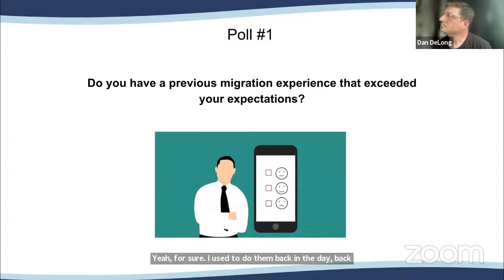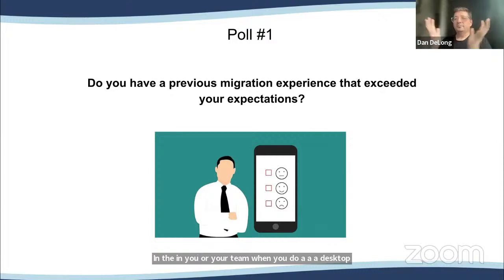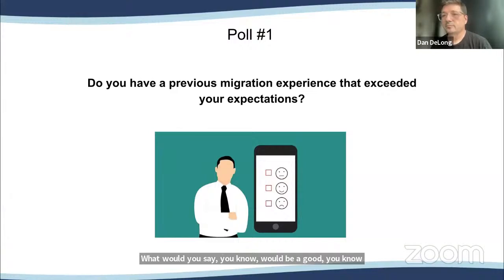And when you or your team do a desktop migration, what would you say would be a good ratio of things that just went super smooth? Because I remember when I was in support and I walked somebody through the migration process, it would be like, that's it. That was easy.